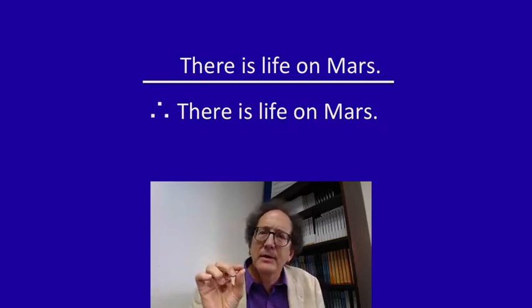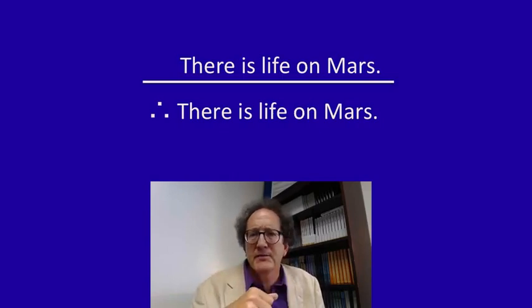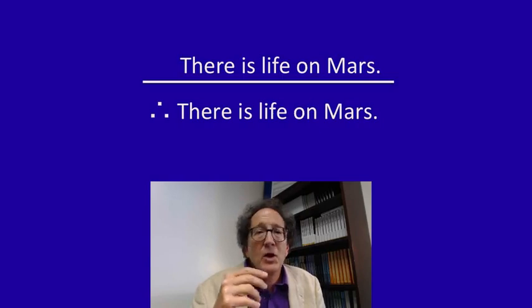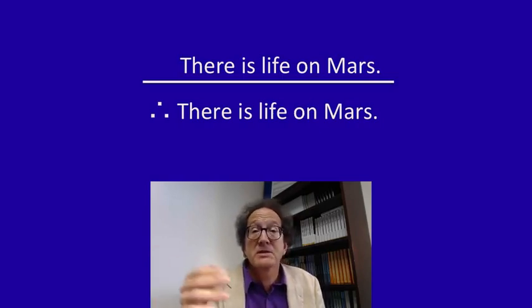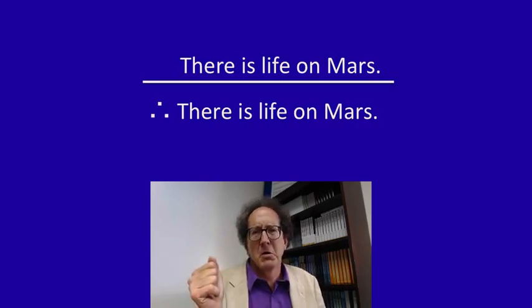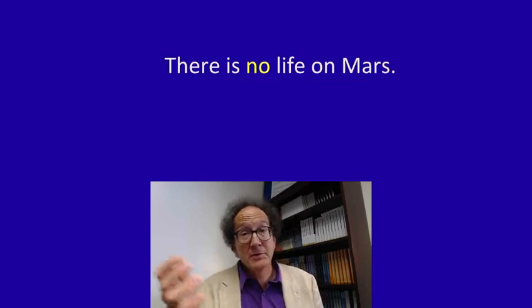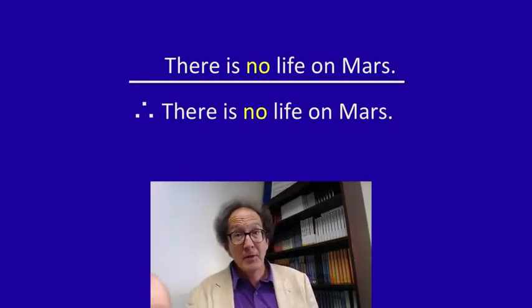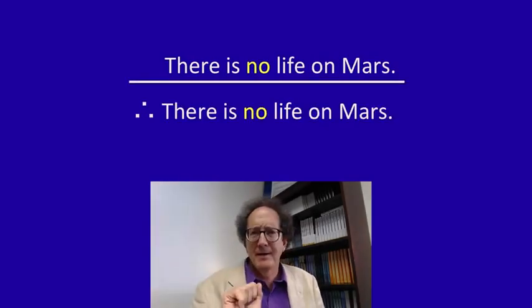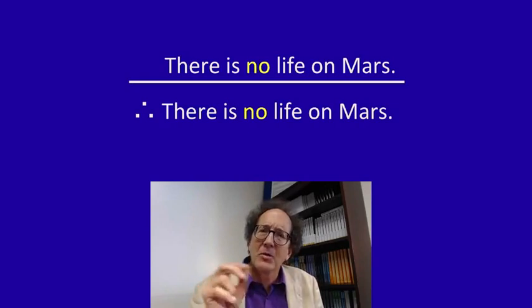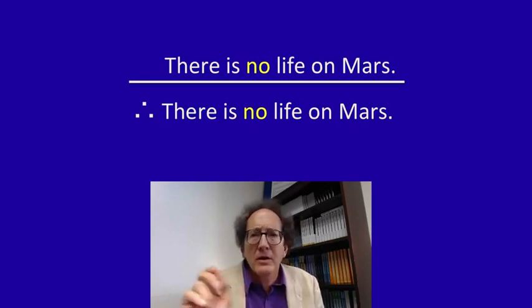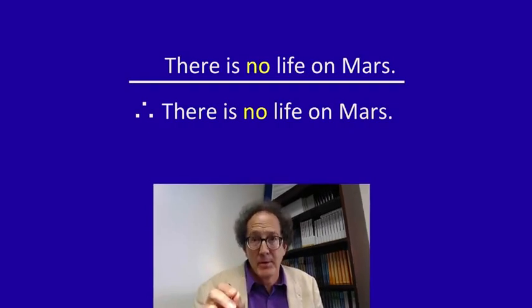And in addition, it has the same problem we saw in the first approach involving unjustified premises. Because you can use circular arguments to prove anything. You can prove there's life on Mars. There's life on Mars. Therefore, there's life on Mars. You can prove there's no life on Mars. There's no life on Mars. Therefore, there's no life on Mars. You can do it either way. And the fact that an argument can be used either way to prove either conclusion suggests there's a big problem with that kind of argument.